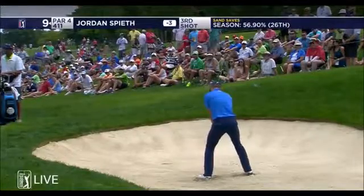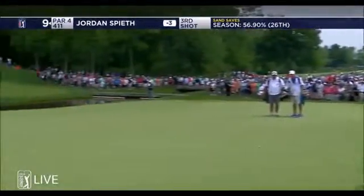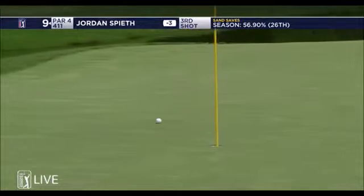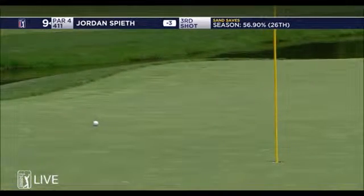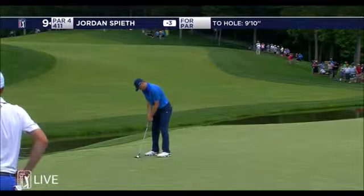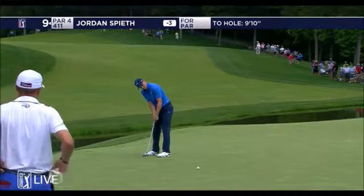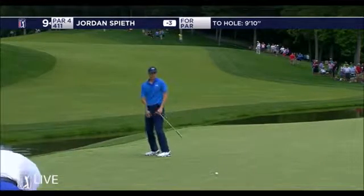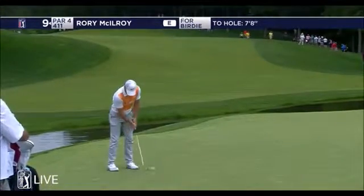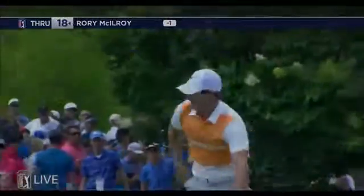All the tilt going down towards the front of the green. It is going to be some kind of quick. 24 putts so far. Yeah, just to shoot 69. Here's just a little hook putt here, Grant. Well, he goes back to a conventional